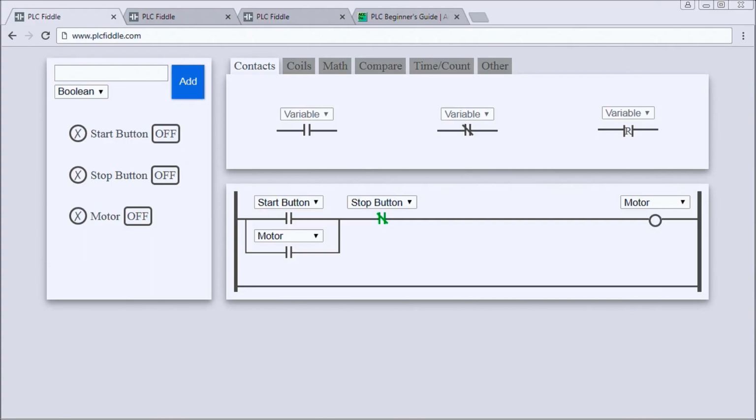Now we'll be looking at the software and creating a few common basic circuits, and using the simulator, we'll test our circuits and monitor our PLC programs, so that as we change things, we can see it happening right on our logic. So this is my basic screen that comes up when we enter the PLC Fiddle URL,